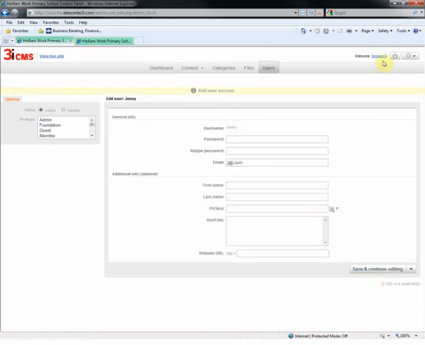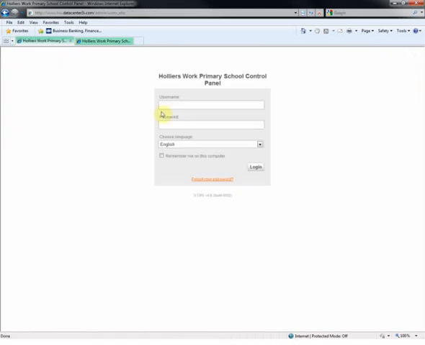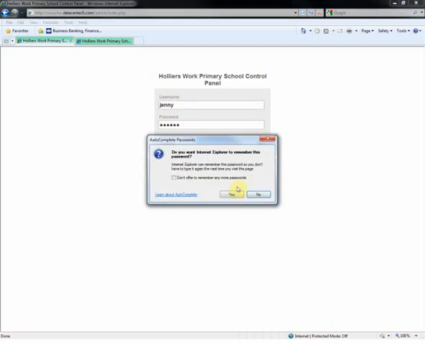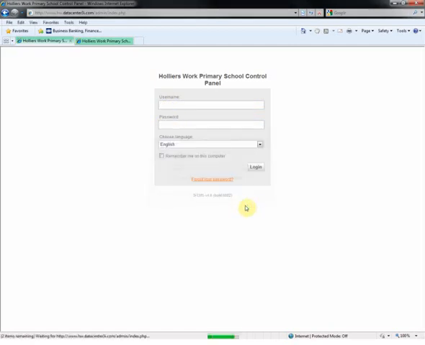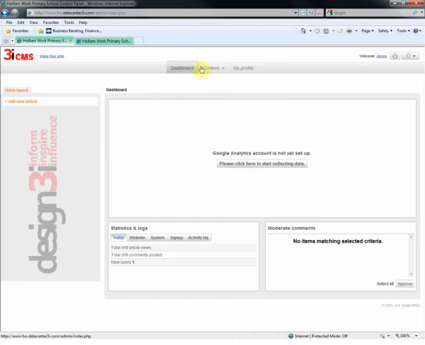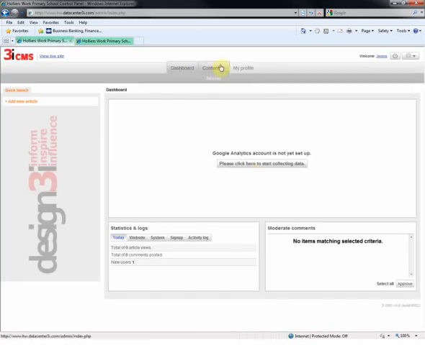I'm currently logged in as me, so I'm going to log out. I'm going to sign back in as Jenny. Let's go again. I'm just going to tick this remember me on this computer, because quite often we have a bit of a problem with the system. So straight away you can see that Jenny's profile now is considerably different